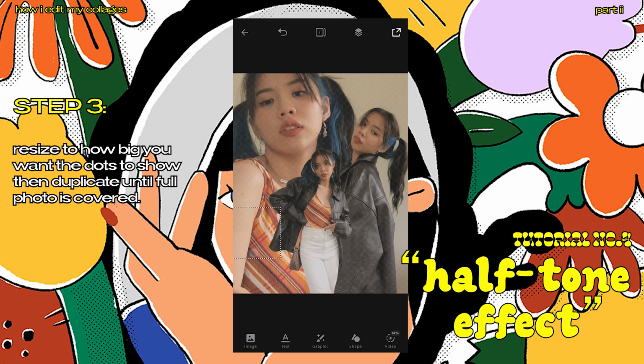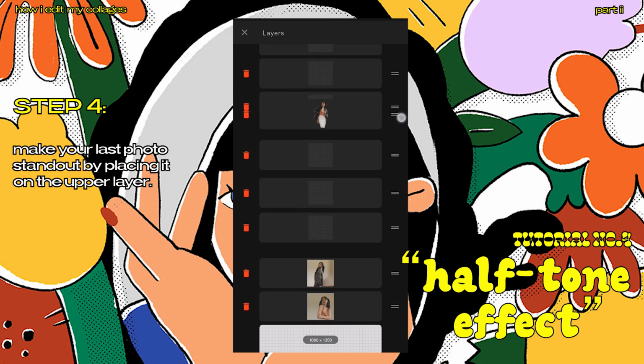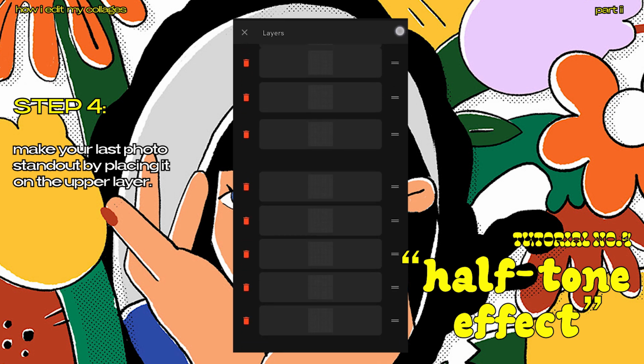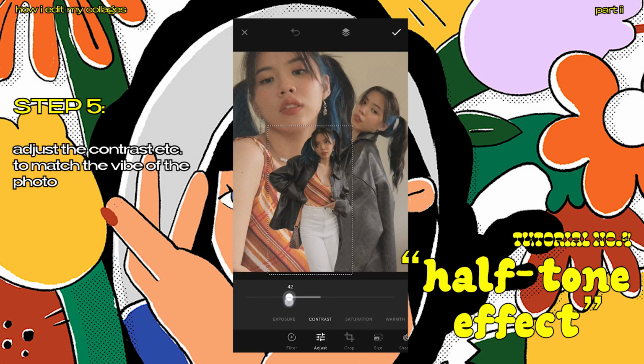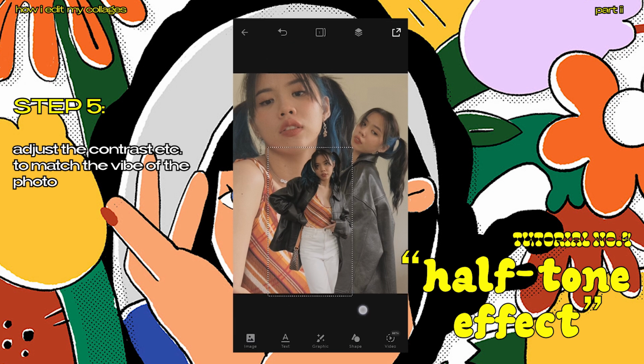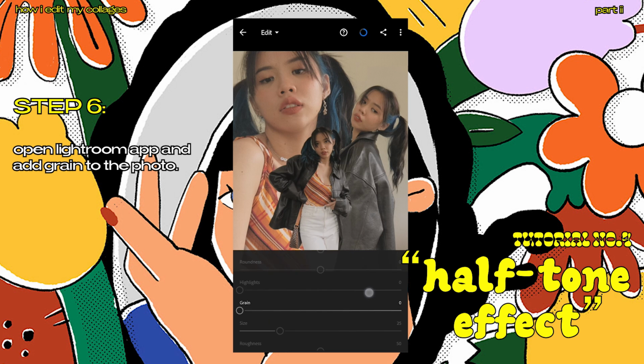And then after that, you get your middle subject and move it on top of the layers and adjust its contrast and such to match the color of the other pictures. Once you're done with that, go save it and then open your Lightroom app, and you may do or skip